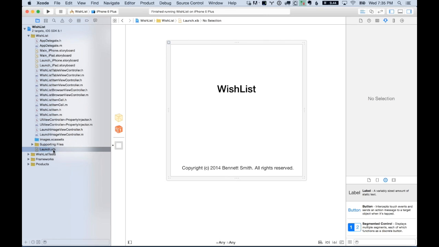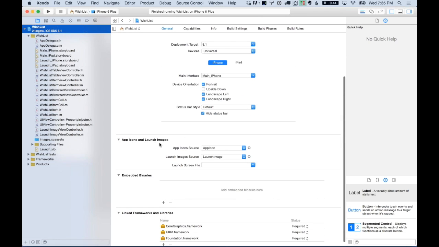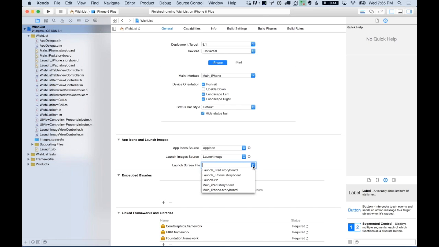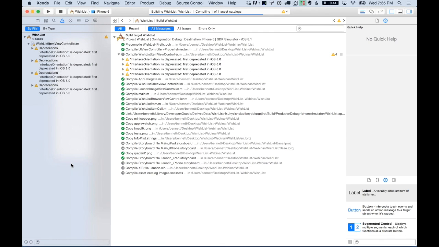Okay, so now that we've provided that, we have to tell the project to use it. And for that, we go up to the project settings. And down here where it says app icons and launch images, you can see there's a new item here that says launch screen file. And we can select here our launch.xib. And by doing that, it overrides or supersedes the actual launch images that were specified earlier. And so now, if I come back over here and switch ourselves back to that iPhone 6, and we rerun our app,